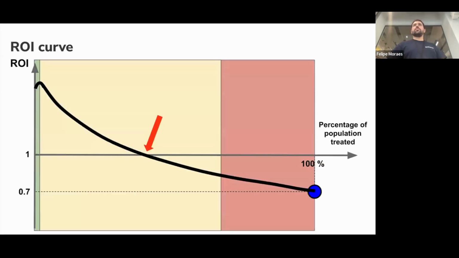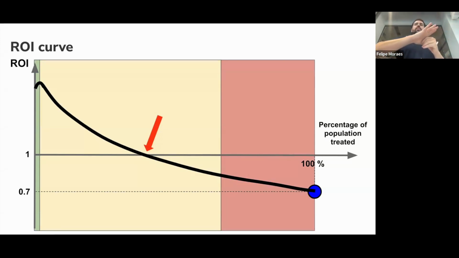Just to say that one of the curves we sometimes use for this analysis is an extra curve. Besides looking at the value in conversion and the value in revenue, we sometimes look at the return on investment curve. In this example, I'm just trying to show that return on investment is just revenue divided by cost, or uplift in revenue divided by uplift in cost. And you can see, compared with the previous curves I showed, that this doesn't say anything about booking rates. This just says how much money is being spent.